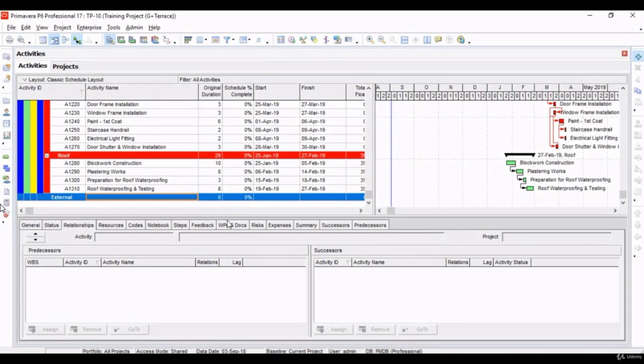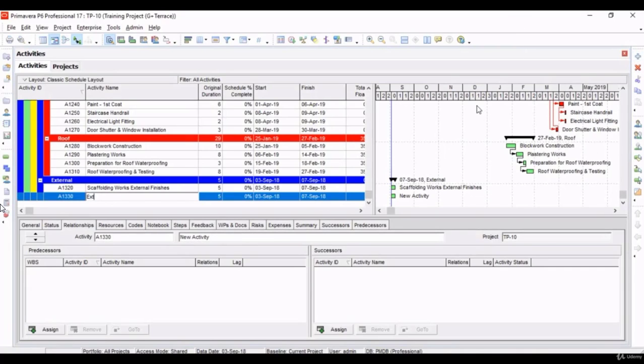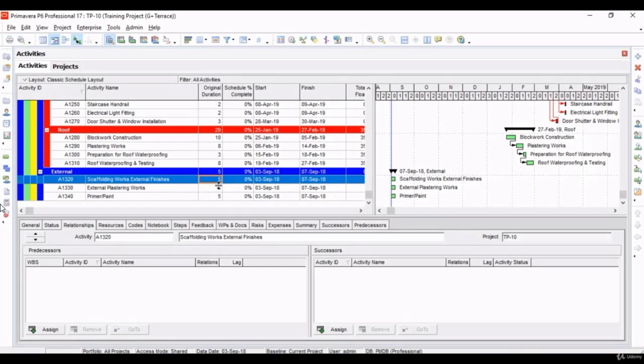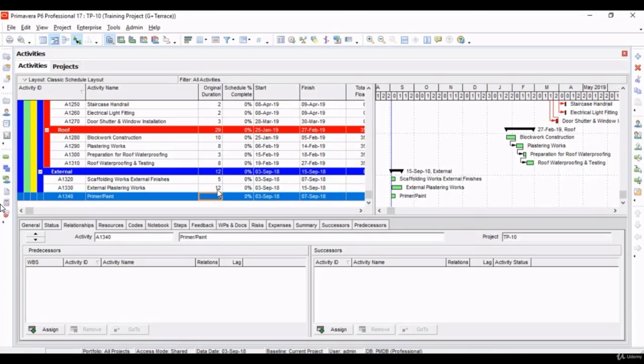Now adding activities in external area. Scaffolding works external area, external plastering works, primer, painting, and say this takes like 8 days.